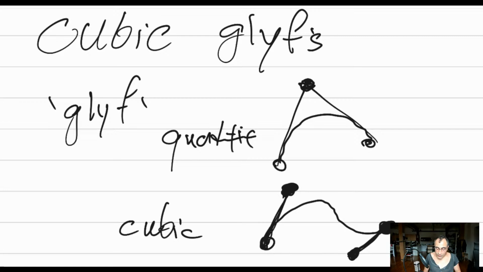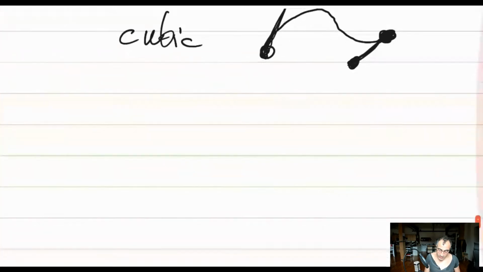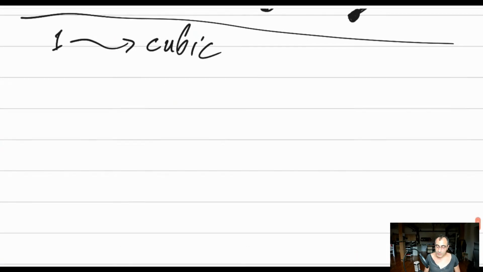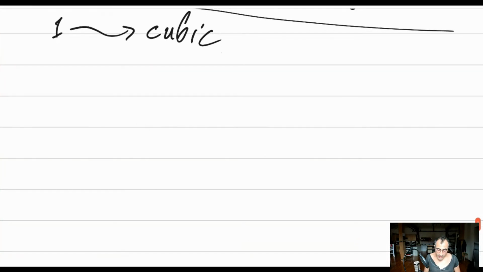The TrueType format, the glyph table, was designed based on quadratics because it was done in the late 80s and never updated. So there's been talks about adding cubics to the glyph table for years, and there's proposals. It's very simple how to do it. We just use one of the flags to say, oh, this control point is a cubic. So that works very simply. There's no aha moments or surprises, except for